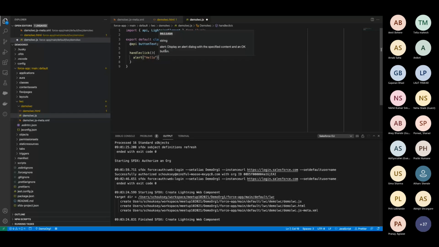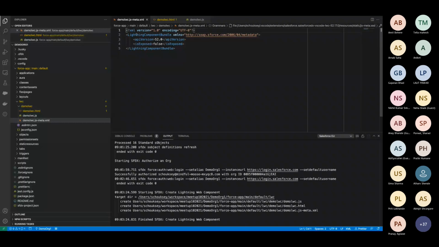This is how you create it: you write the code in JavaScript. What it will do is call this function and show the alert box on your side, because you're calling it from here. Now the next important thing: in order to expose this component, first you need to set the meta file